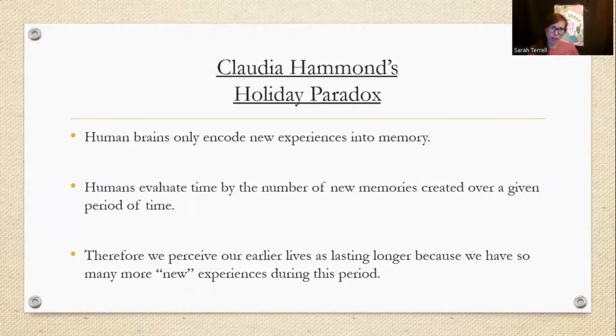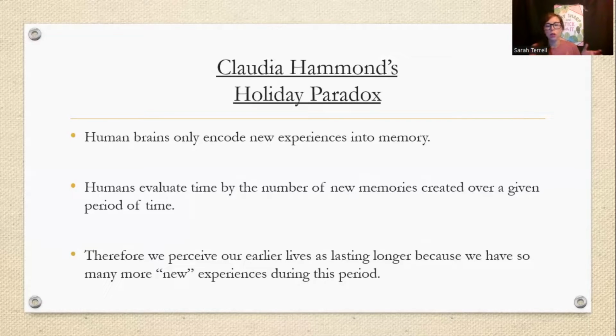So Claudia Hammond also is making the same exact type of argument. We have a lot of stimulation in our lives in the beginning portion. We make a lot of new memories, right? We have a lot of imagery in this time. We know that as we age, that process of developing new experiences slows down, right? We just stop doing it as much. There's not as many new things that we need to learn or that we go out and learn.